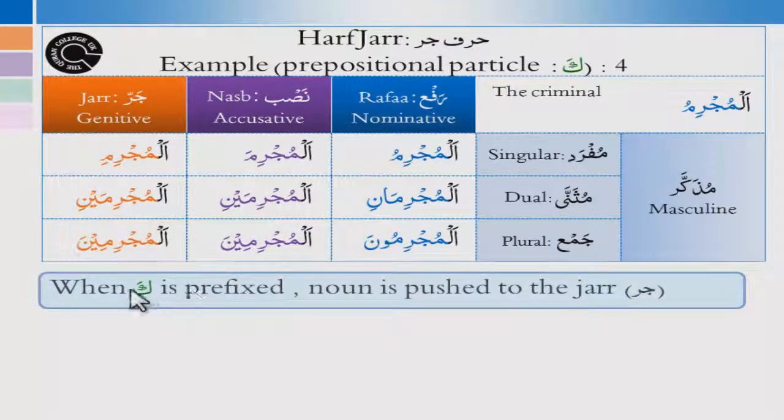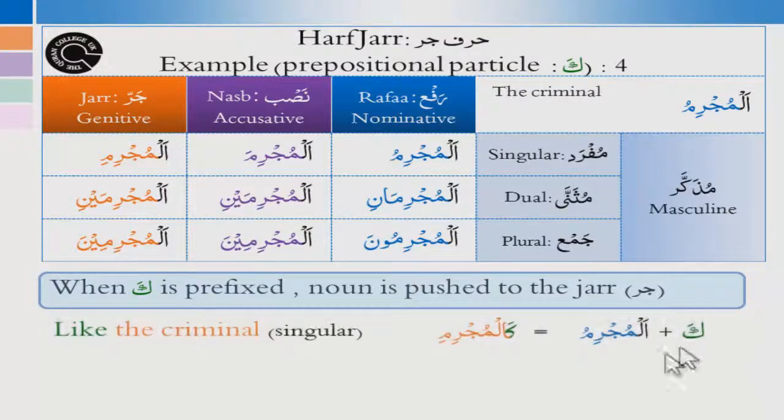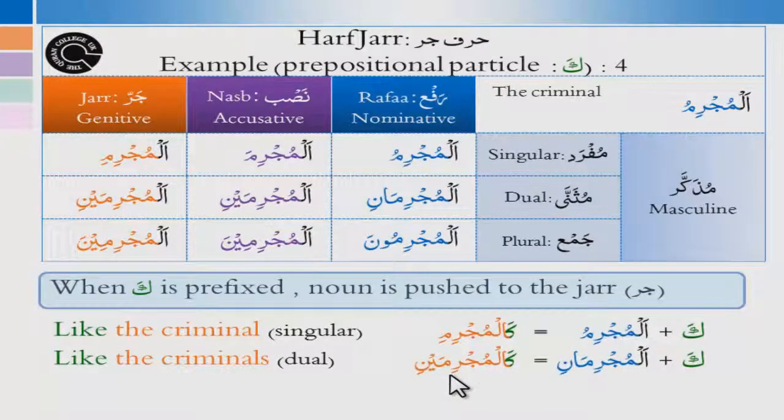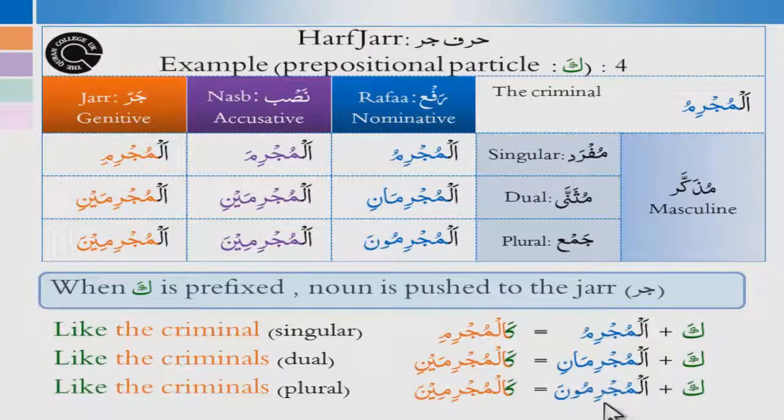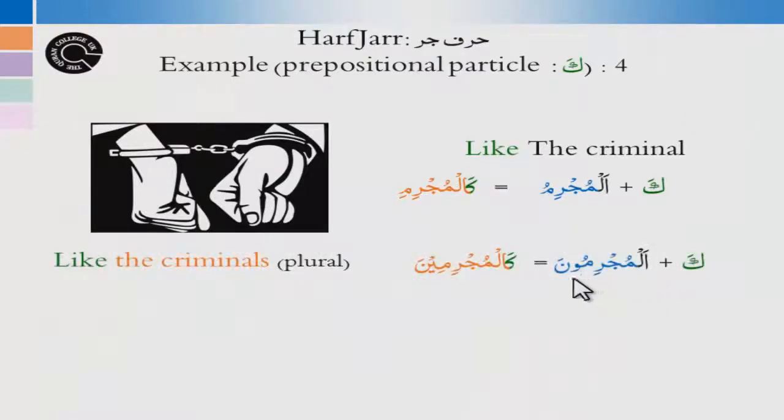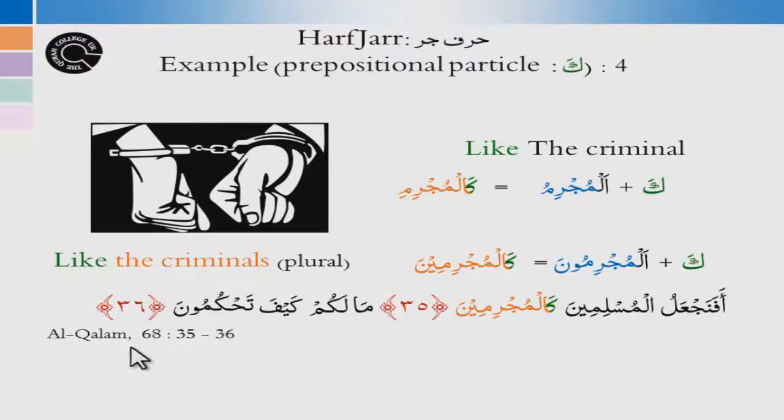Now if kaf is put in front of them, then these all would push away to the jar case. So let's take the first case: ka al mujrimu would become kal mujrimi, and kal mujrimani would become kal mujrimani, and ka al mujrimuna would become kal mujrimina, and that's what the plural of it will be. That is what is used in Surah Al-Qalam, chapter number 68,